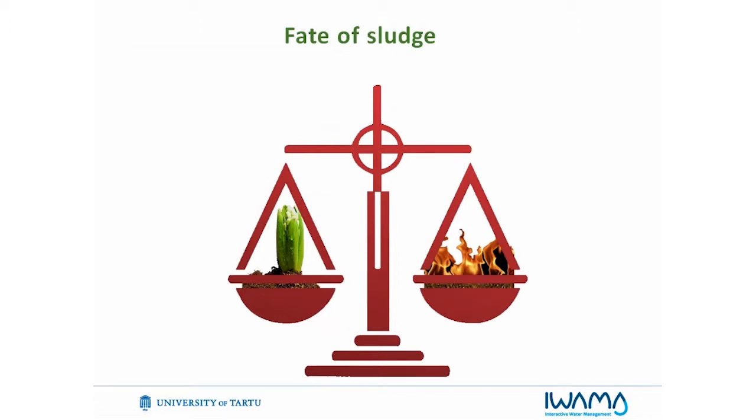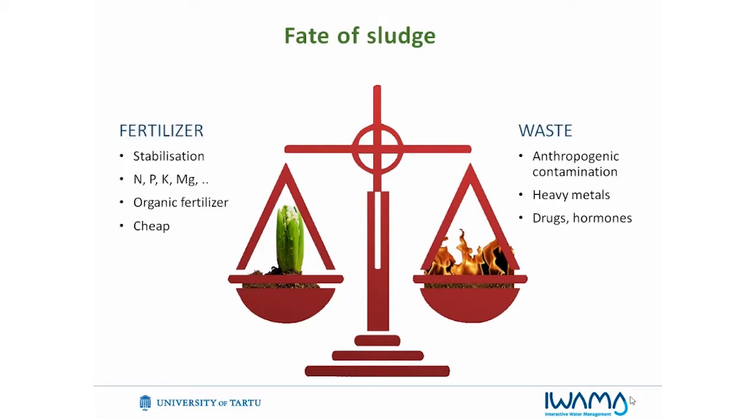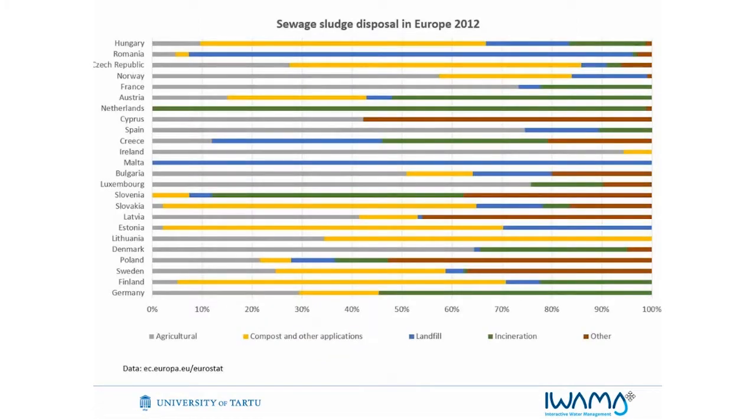So then finally, there's a decision point whether the treated sludge goes to agriculture or to be reused, because there is a considerable nutrient potential in the sludge, or whether we have arguments that it contains too much heavy metals, too many drugs, hormones, or organics, then it needs to be burned. But this is the decision, and the anaerobic process has to be considered differently on these